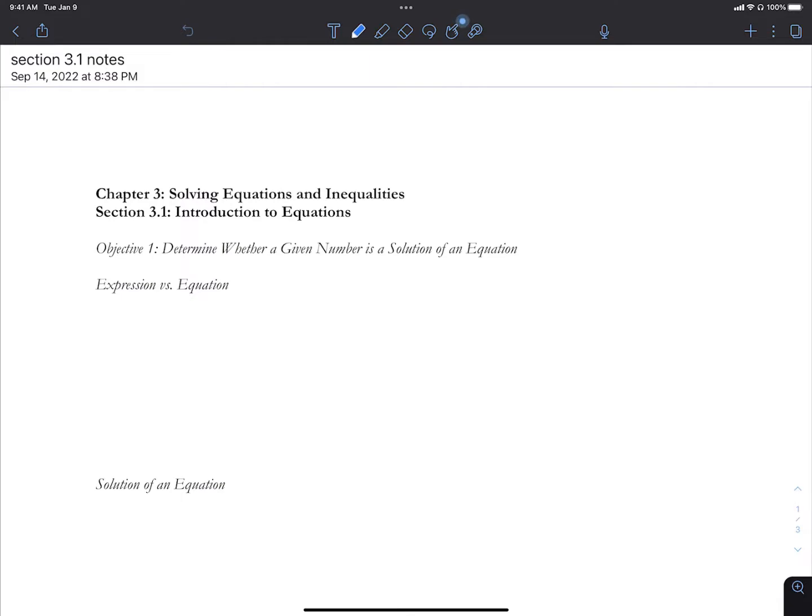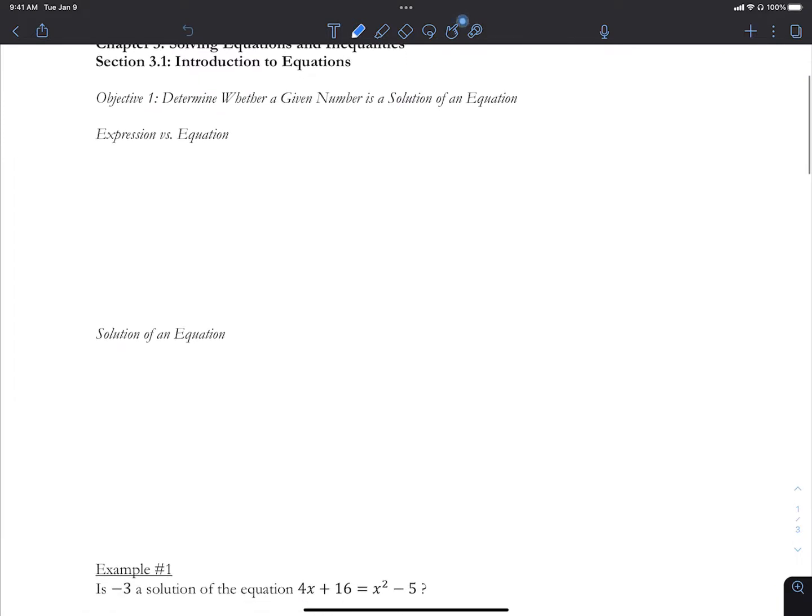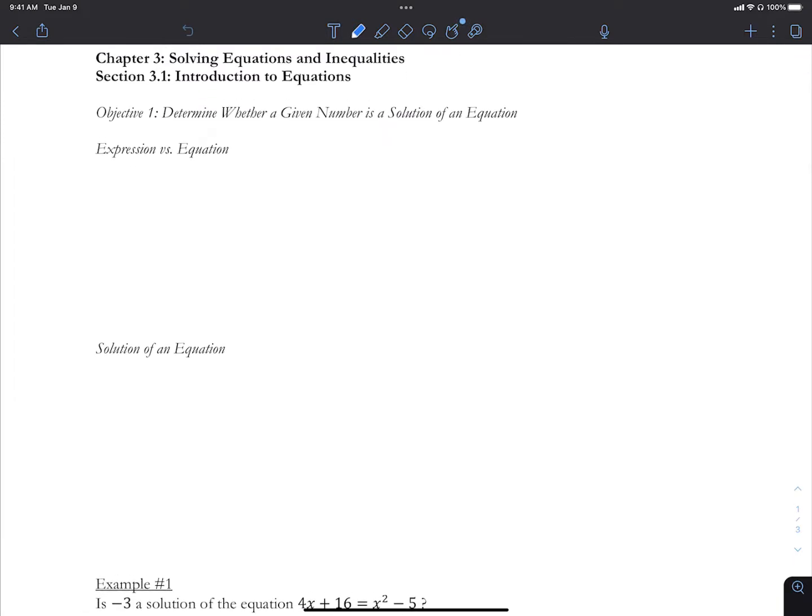Hi class. So this video is going to be over section 3.1 titled Introduction to Equations. So this is the first section in a new chapter, chapter 3, where we're going to be looking at solving equations and inequalities. So our very first objective here is to determine whether a given number is a solution of